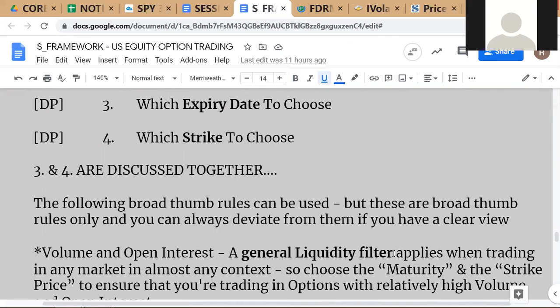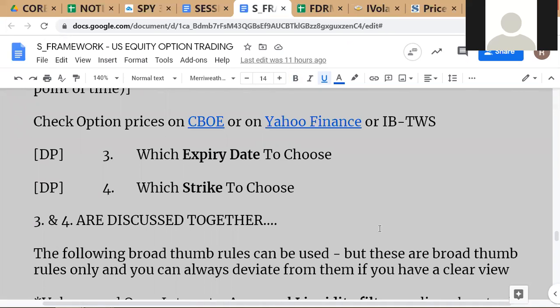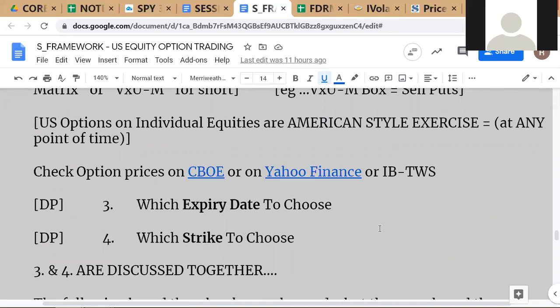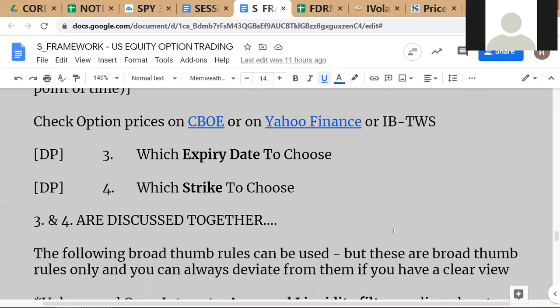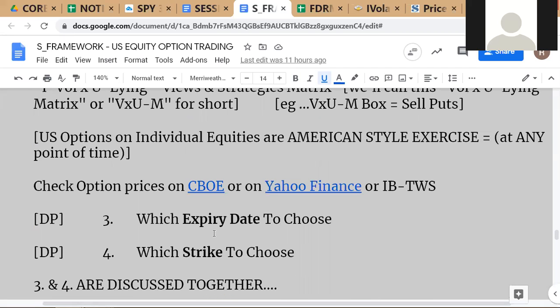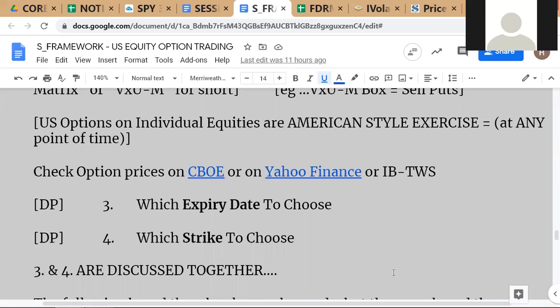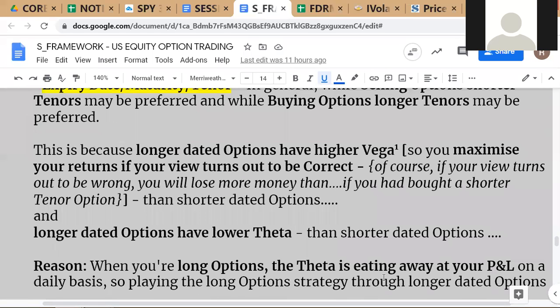Later on, when you become a proficient option trader, you can do your own framework, you can do your own thing. At this point, I'm giving you the structure. This will help you to proceed because you're very new to option trading. So these are the four that we have discussed over the last two sessions. So this is the most important part of the theoretical background for this project. Okay. So now we'll move on from here